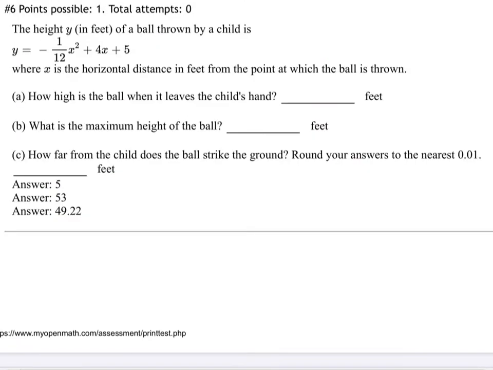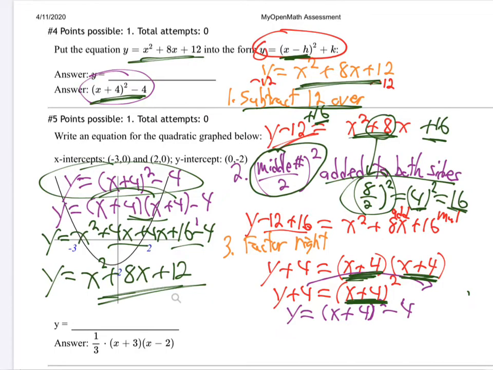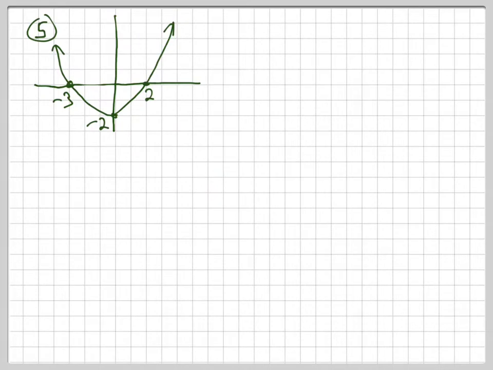There we go. So, we got to do number 5 down there. Write an equation for the quadratic graphed below, and I just drew all over it. Okay, so here's number 5. They want me to write an equation for this graph. So, how can I write an equation? Well, you know it's a parabola. So, it's going to be A,